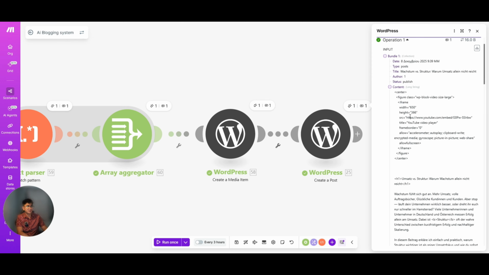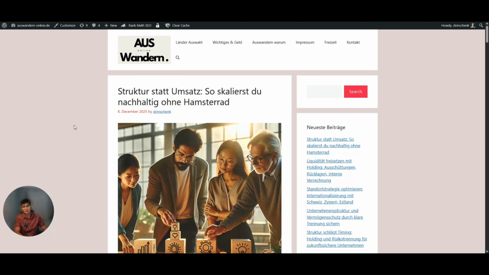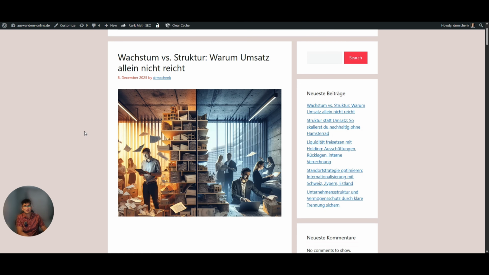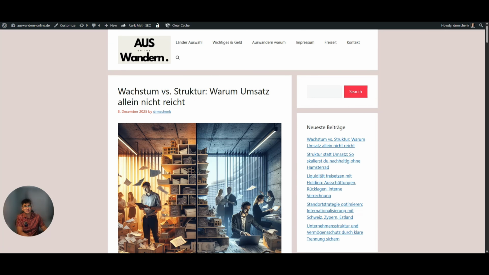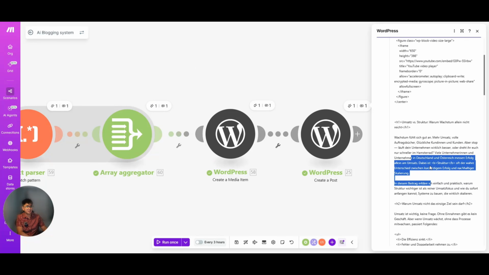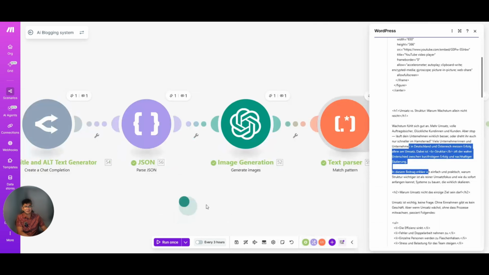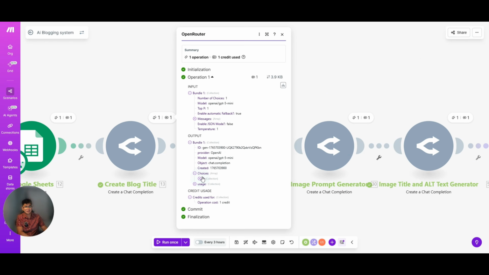So this is the content. Now let's check the WordPress blogs. You can see this is the image generated. This is the title. Let's check it on the title.